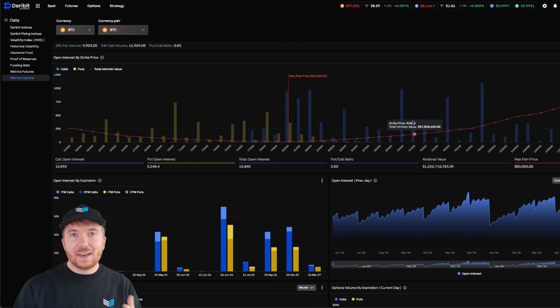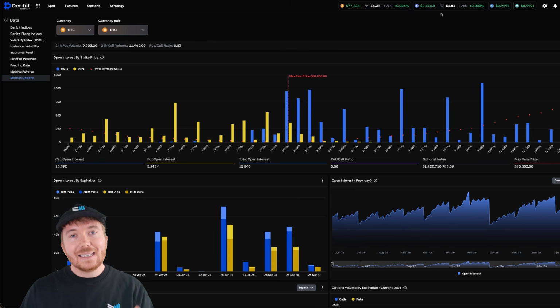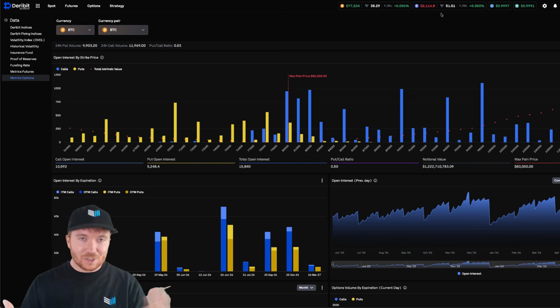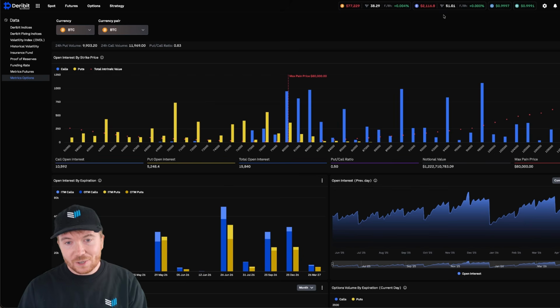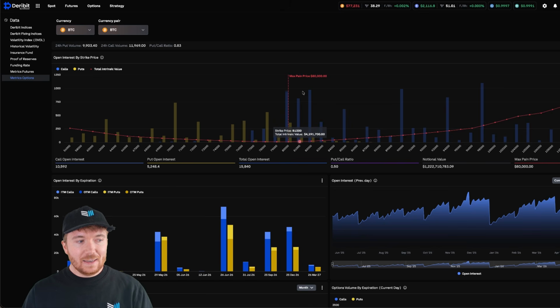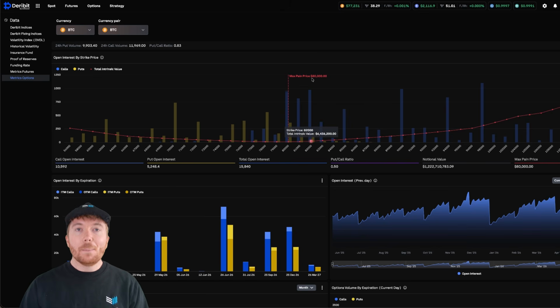In the short term over the next coming days and weeks, we probably have more downside to go, at least if the market is going to punish the most participants it possibly can, which it typically does. But if we zoom out a little bit, we can see open interest is climbing, and the general trend of funding rates is negative. People are shorting and betting on further downside. And in just a couple of months' time, the max pain price, which is actually a pretty rare occurrence, to see more people in pain by price increasing.